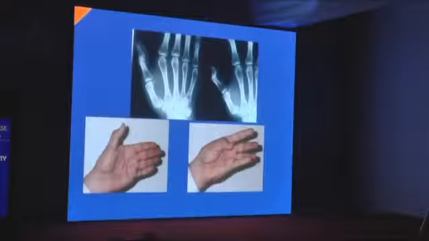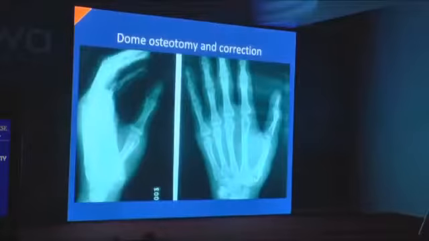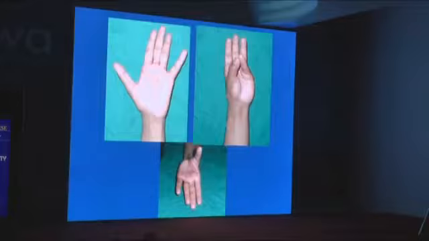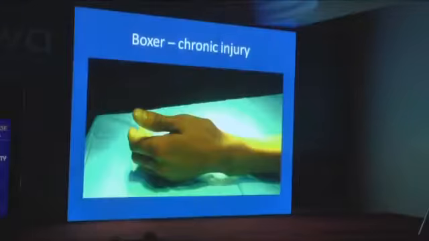And if it malunites, you get a zigzag deformity. So you get a distal deformity which has to be corrected by some correction, as we saw in the carpal bones. Similar thing happens and you get a zigzag deformity. You need to do an osteotomy, you can correct them and you can fix them. I did a dome osteotomy there and you can correct it well.